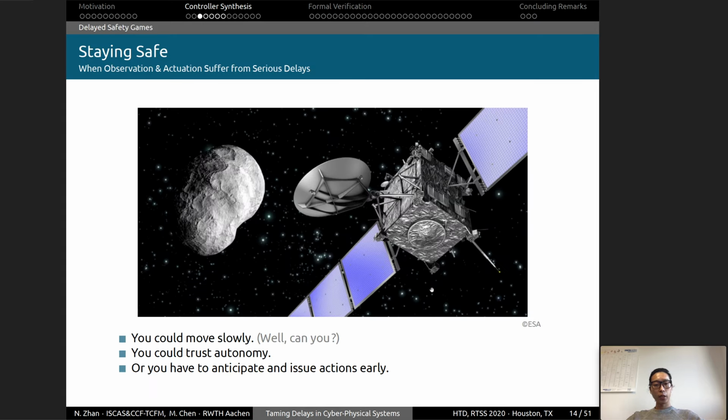Good. Now, imagine yourself as a satellite flying somewhere in the universe. Suppose at some point you receive a command telling you to accelerate a bit, and this command came all the way from Earth. This is obviously not the Earth, but let's assume it is. And then the question is, do you dare take this action to accelerate? If I were the satellite, I don't dare do so,